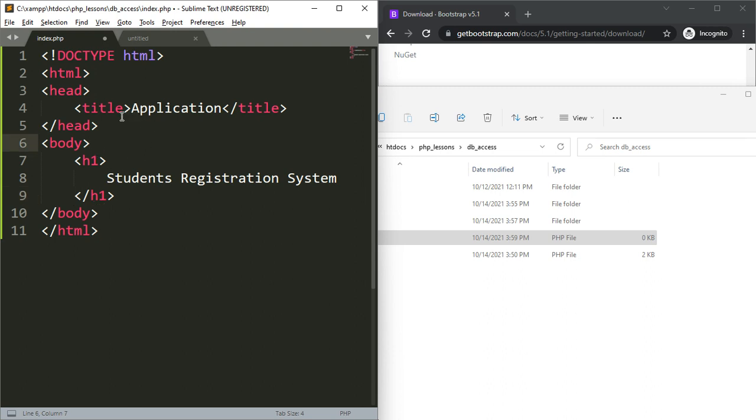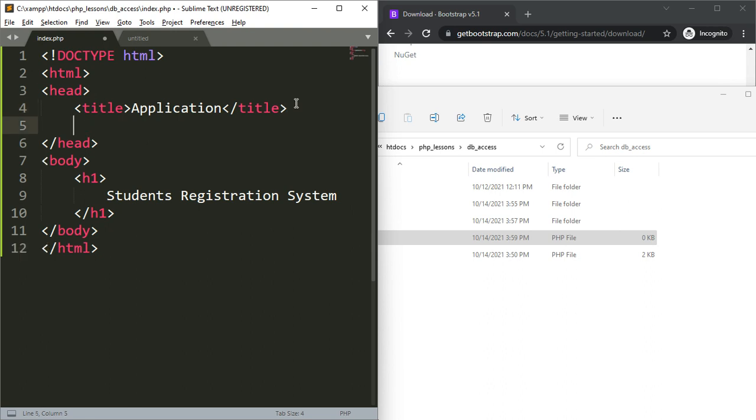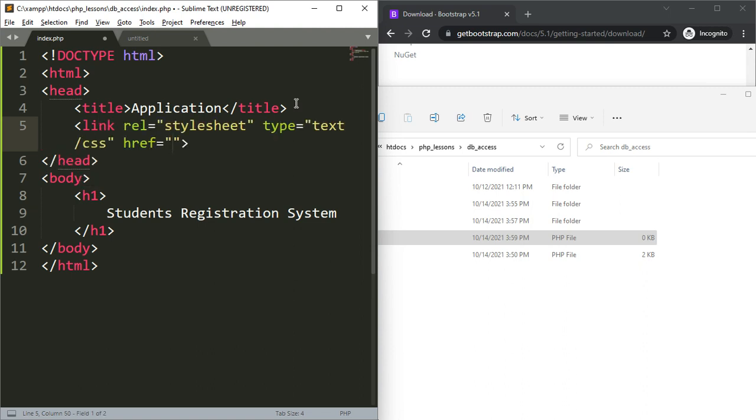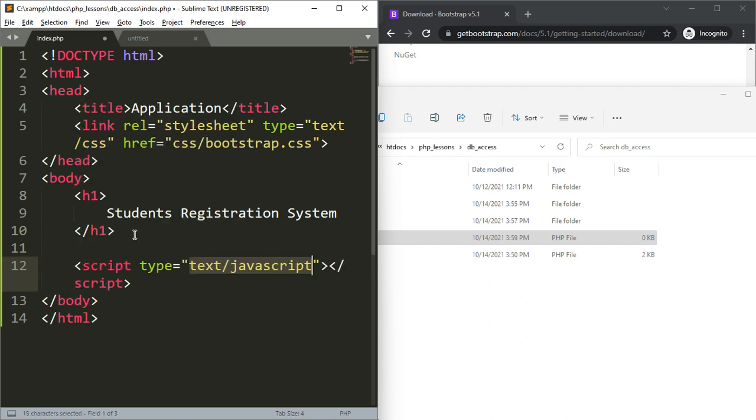Okay. So with this, now I have to call my CSS and my JavaScript, pack them together. So to call my CSS, I will call the link, and from there I'll say css slash bootstrap.css, and I'll come down here inside body. I will go to script, and I will say